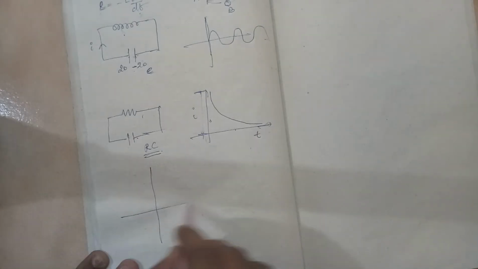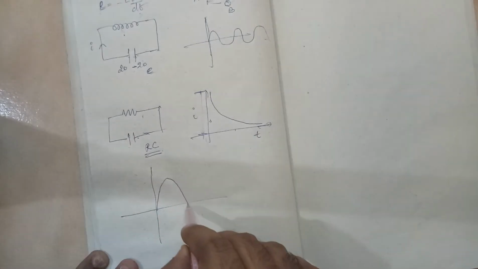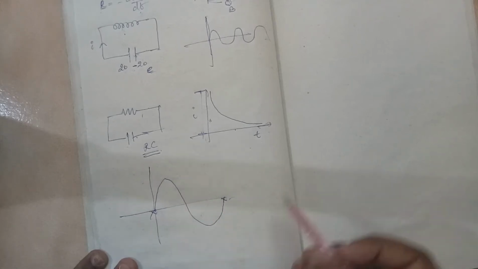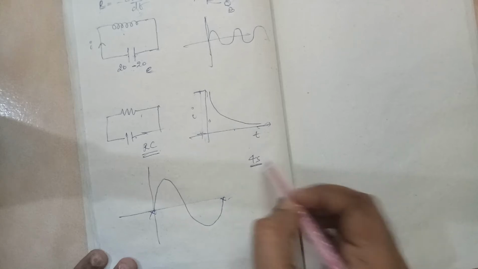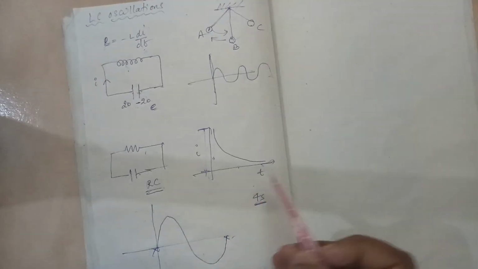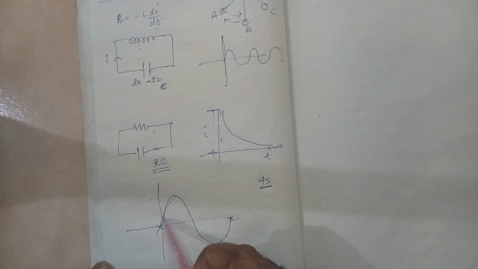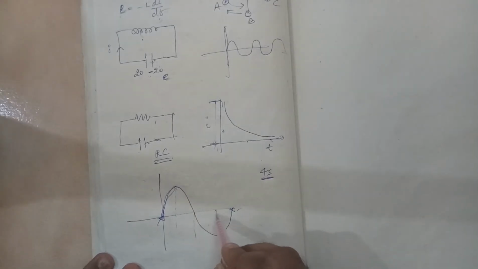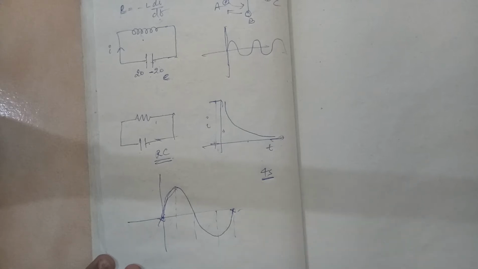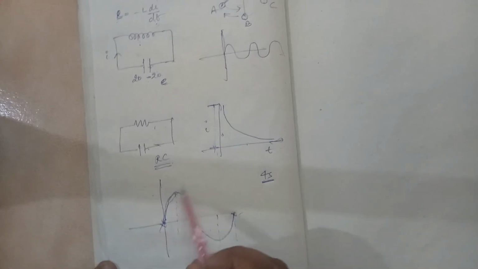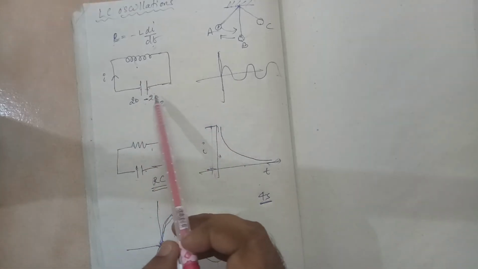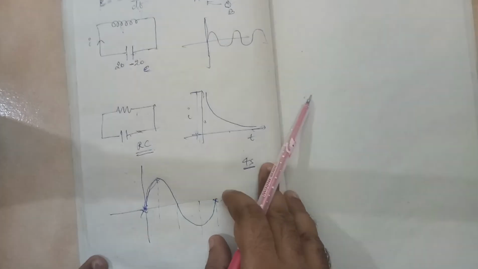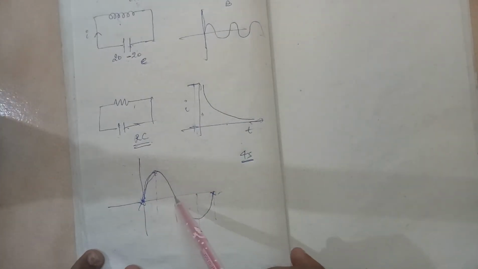So when there is a flow of charge, what actually happens is, I said it is a sinusoidal type of thing. So let us assume that this is one full cycle of 4 seconds. In the first second, that is the 1/4 of the period, this is the 1/4 time, this is the next 1/4, this is the next 1/4, and this is the last 1/4. In the first 1/4, the charge flow from the capacitor to the inductor will be on the rise. Then there will be a drop.